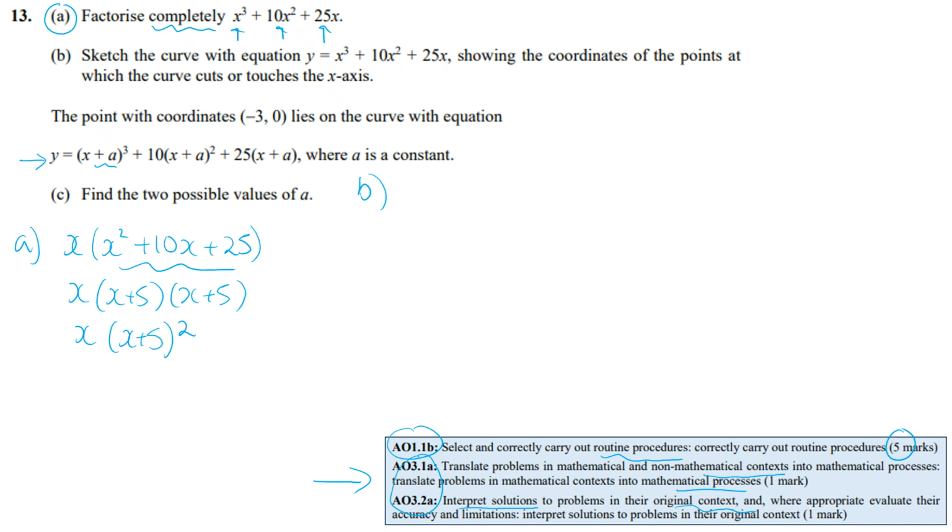So in part B, we're asked to sketch the curve showing the points where it intersects with the x-axis. So when we've got it in the multiplied out form, we can see it is a positive cubic, so the shape's going to be up, wiggle up, with the tails going in the opposite directions. And then when we've got the factorized form, we've got two things. If we say equal to 0, that will find our roots, and two things multiplying together, either x is equal to 0 or x is equal to minus 5. Now, because we've got this repeated bracket, then the minus 5 is going to be where the graph is a